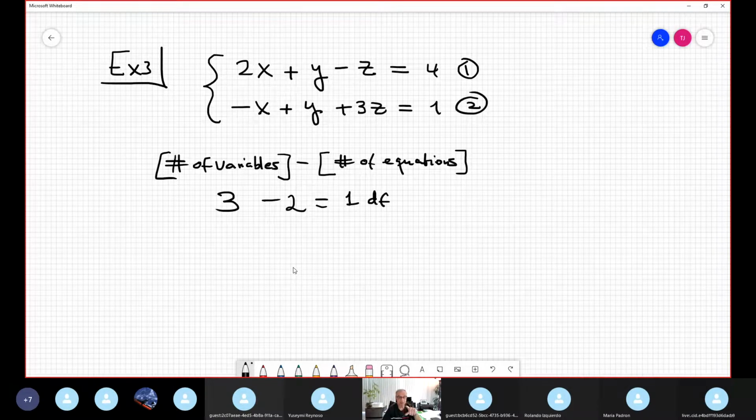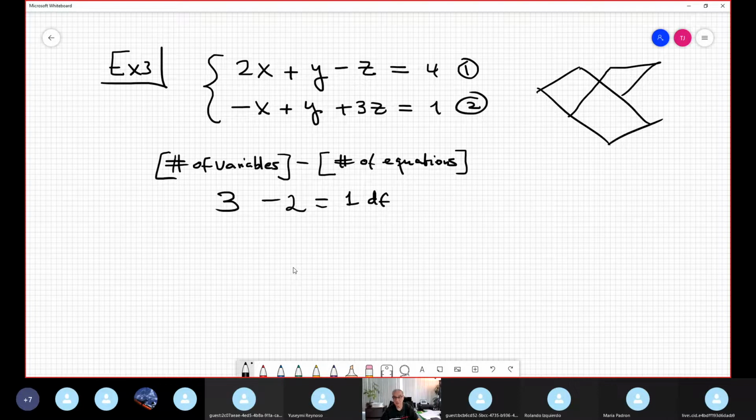That means it's impossible for this system to have one point as a solution, one unique solution, because a point is a geometric object that has no dimension. So this is a line, under the consideration that these equations are linearly independent. The first equation represents a plane. The second equation represents another plane. And the intersection between the planes is